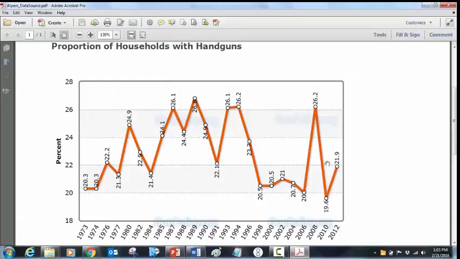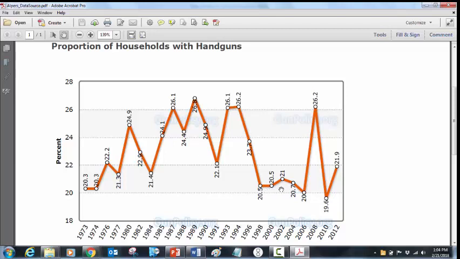Now I want to look at what I want to highlight. So there's some really interesting things in this graph. This is a lot of data. This is almost 40 years of data. So as I'm looking, it's always good to see if you can pick out patterns or something that happened that changed. So for me, there's some interesting things here, but I think what I'd like to focus on is